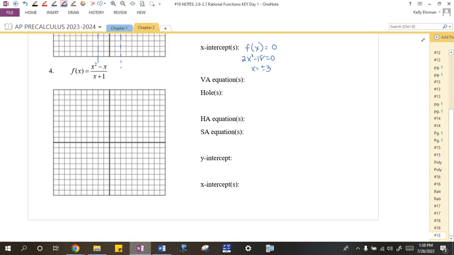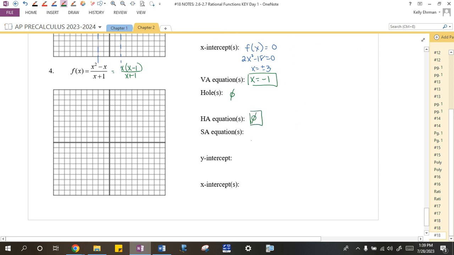Okay, final graph. I can factor a little bit, but that doesn't help me cancel anything. So the vertical asymptote is x equals -1. No holes. Again, sorry, I'll make sure that we practice that in the homework and go over it. Horizontal asymptote equation. This one's top heavy finally, so there's no horizontal asymptote, which means we have to do the